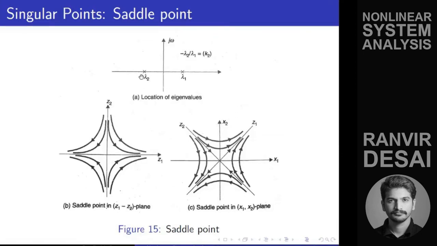Now here you can see that in none of the trajectories are they going towards that point z1 z2 0 0 and staying. They are going towards it and then again away from it. What is this system? Is this system stable? Can somebody tell? Is this system stable? It is unstable. Okay, and this system is unstable since there is an eigenvalue on the right hand side.